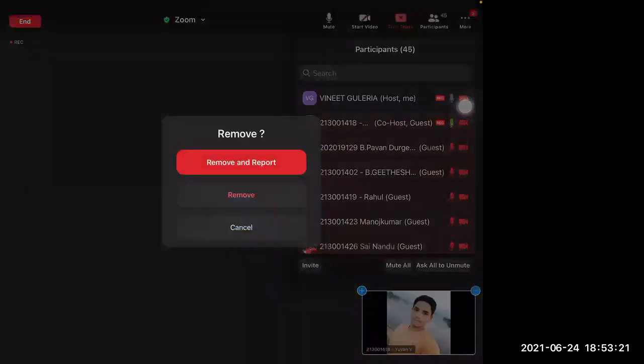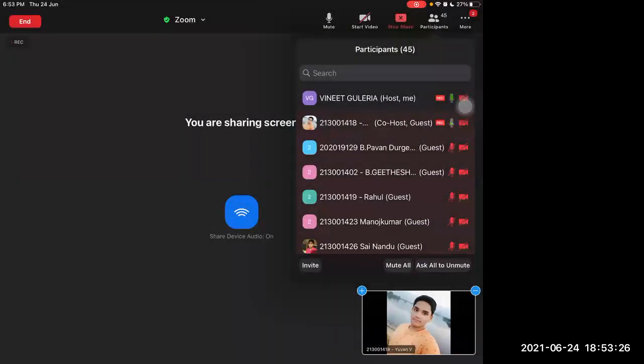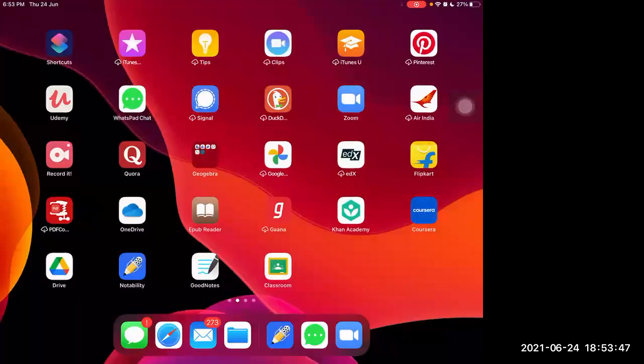Sir, how are they coming if I have removed them, sir? They can join again with another name or something. No, sir, it's not possible. They are coming with the link, sir. If we remove, then they cannot join again, sir. So many times we have experienced. Then there may be more members, it seems. Yes, sir. But how is that possible? I also don't know. Okay.